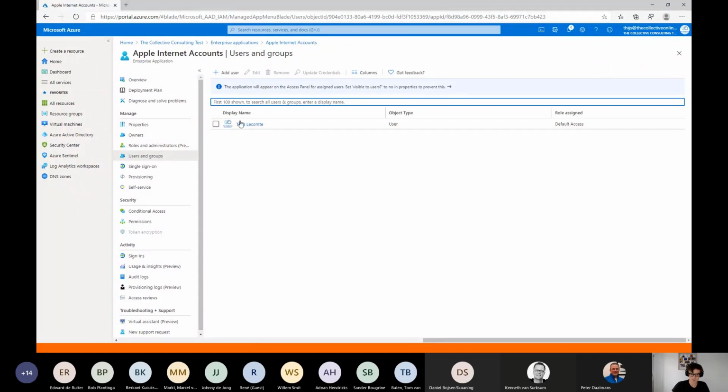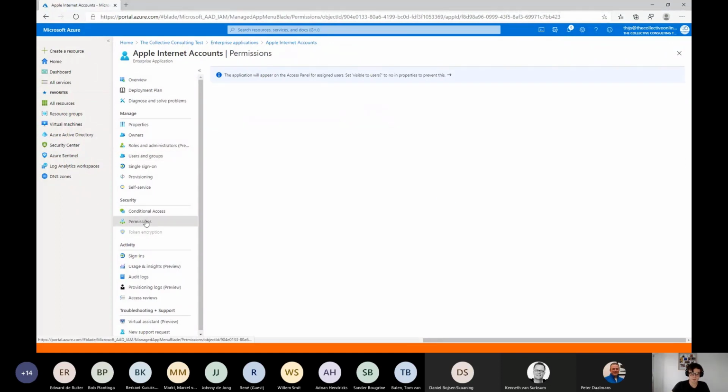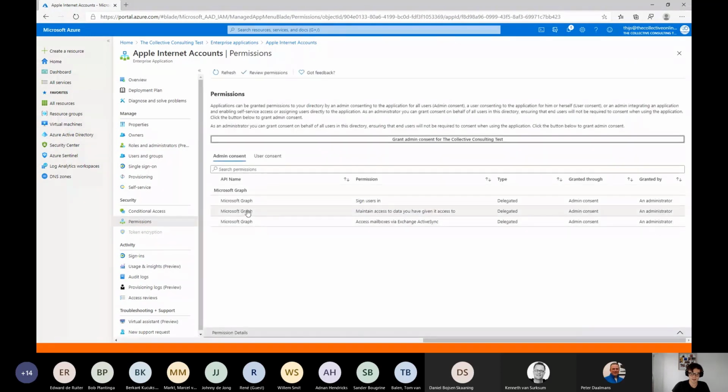I have consented those permissions. And okay, what permissions does this application have? This is really important to monitor because you need to make sure that you know which kind of third-party applications have access to your permissions. Because if we look at this here, this would mean if Apple ever would get breached, which I doubt will happen, but if they do, this attacker could check all the mail of the users who are using the Apple